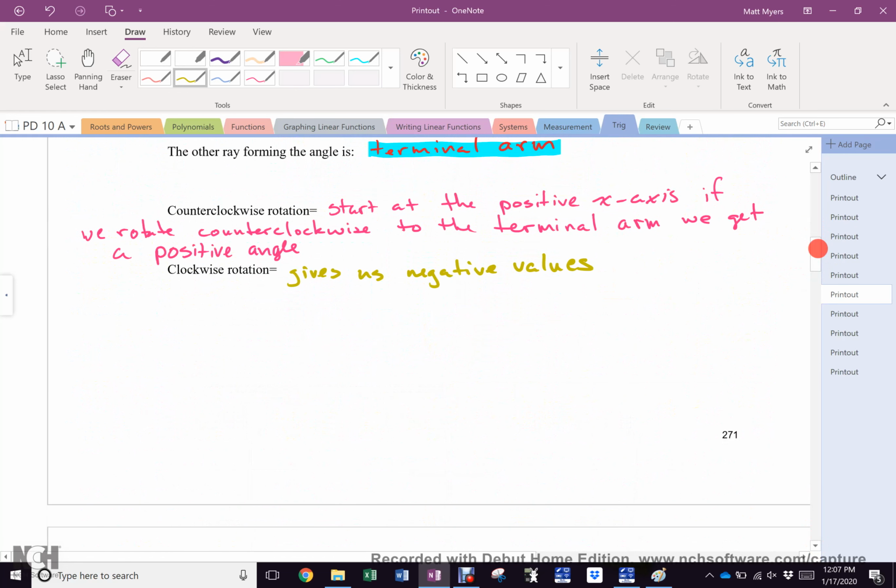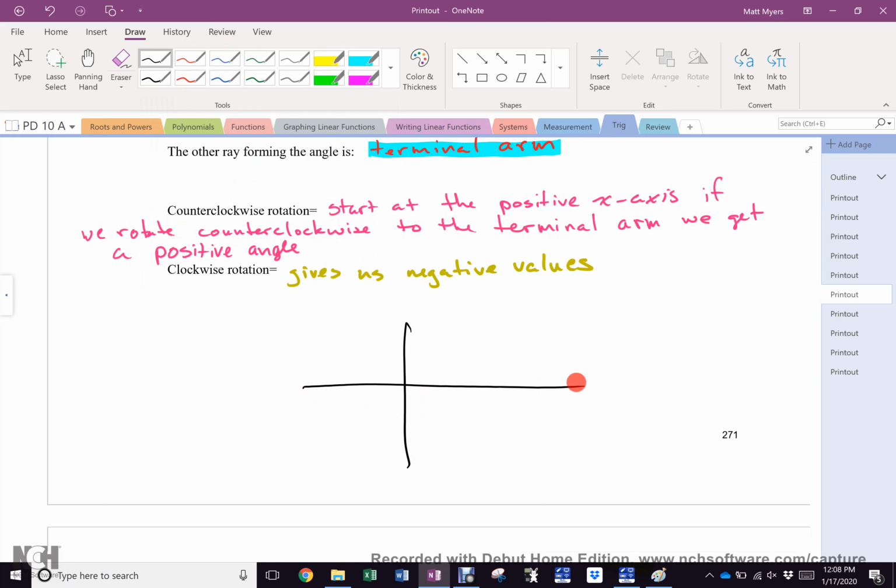Is everybody good? Now you should have a bunch of blank space down here now, yes? Give me a coordinate grid. Everybody cool? Okay. I'm going to draw that initial arm. What color did I do the initial arm? Yellow, yes? To that terminal arm. Everybody cool? And I'm going to tell you that that point right there